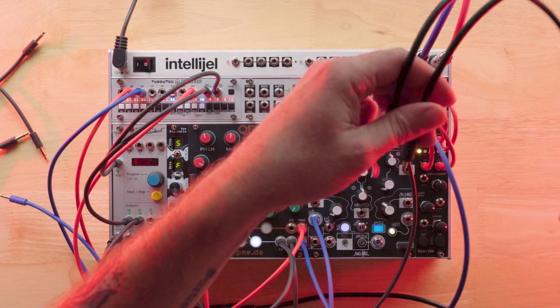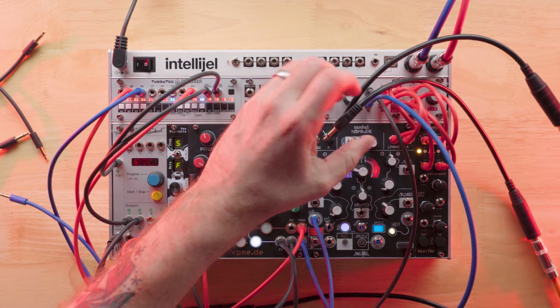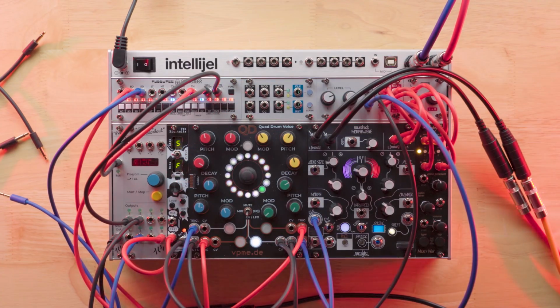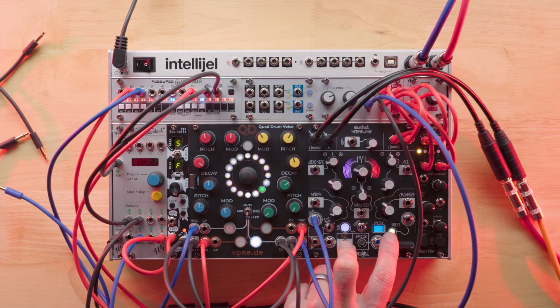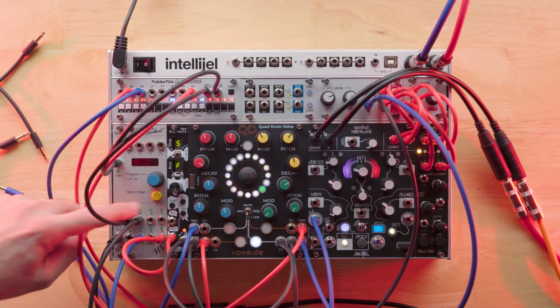So let's go ahead and also get this input into here. Ooh, that's a wonderful sound. This is going to the wave state. So we're syncing the wave state, and now we're pulling audio in from the wave state. There it is. If I go like this, I can increase the volume of that. And now, if I hit play,